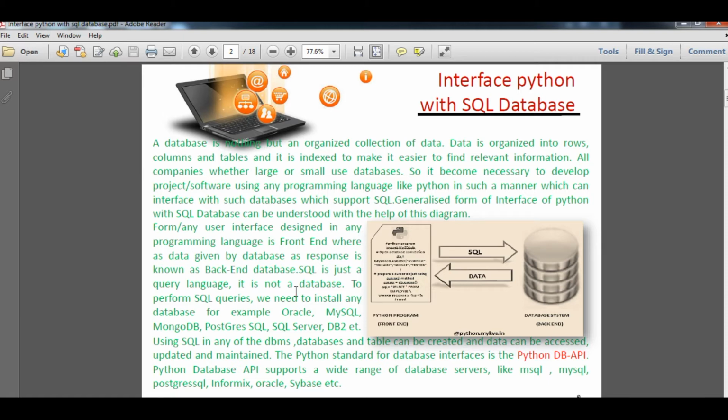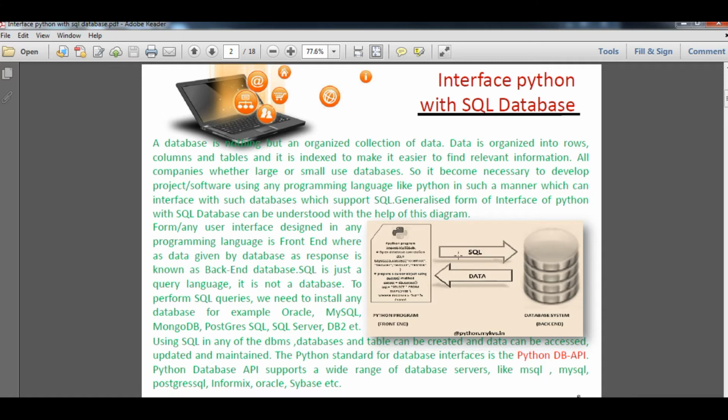In this scenario we are going to select Python as the front end and MySQL as the back end. We can perform MySQL queries with databases like Oracle, MySQL, MongoDB, PostgreSQL, SQL Server, DB2, etc.